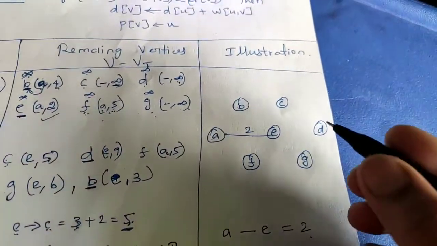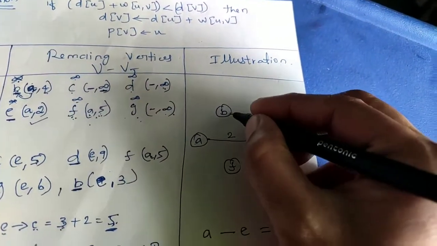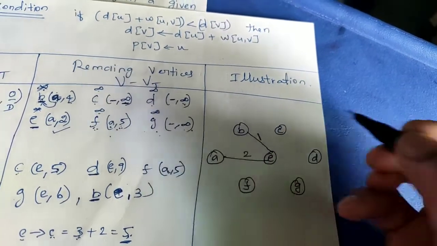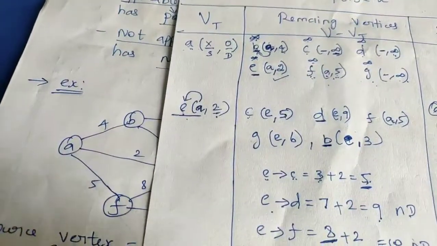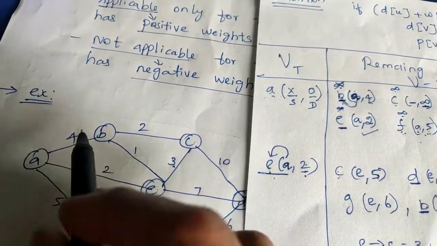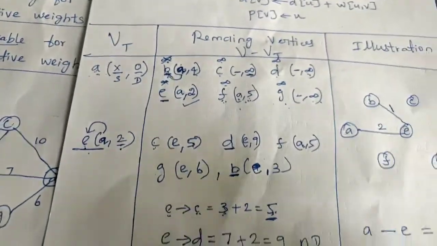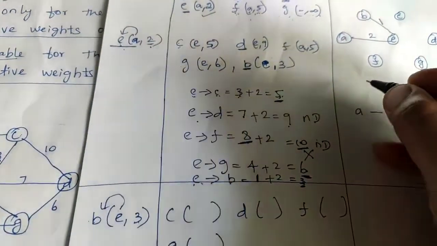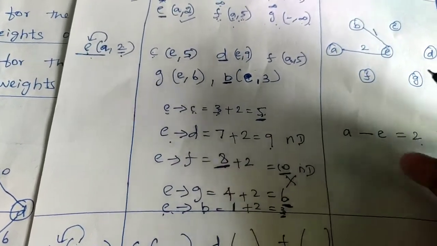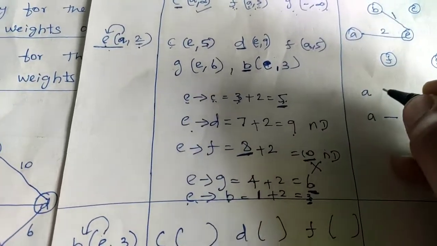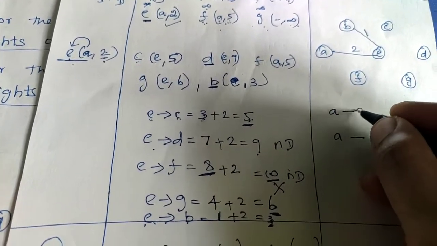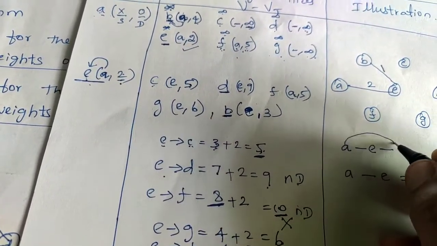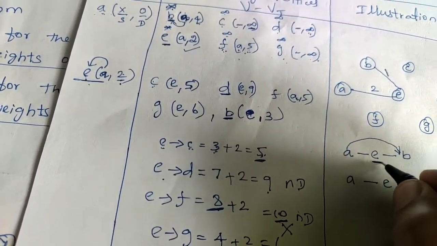Go to your illustration column. E to B is the edge what I am going to include with the weight 1. So from the graph you just see E to B. What is the weight I have? 1. Now I have got the weight as E to B as 3. Single source shortest path means from A only you have to visit all the other vertices. See, from A I have to visit E. From E I have to visit B. So indirectly I am visiting the vertex B with the help of E.